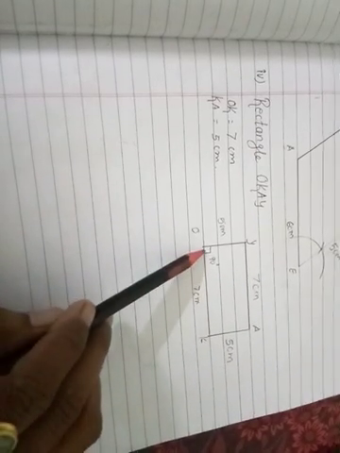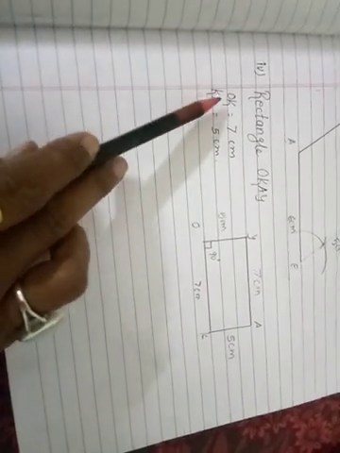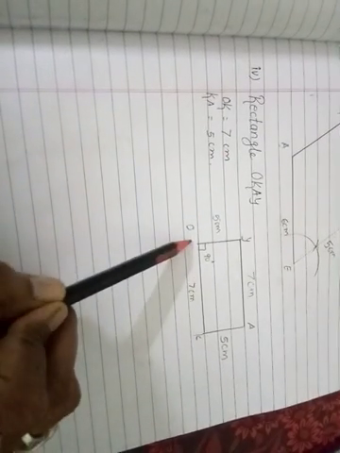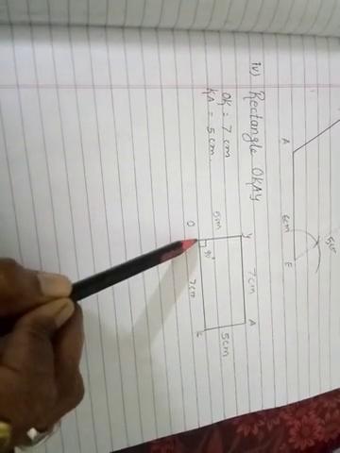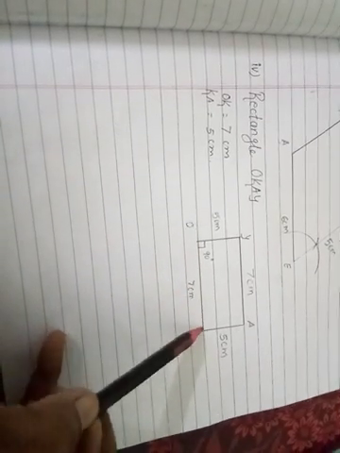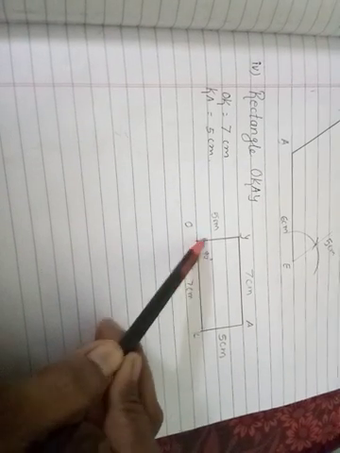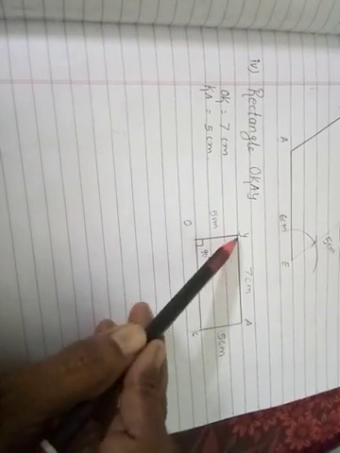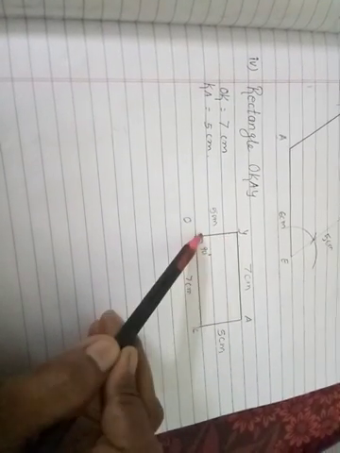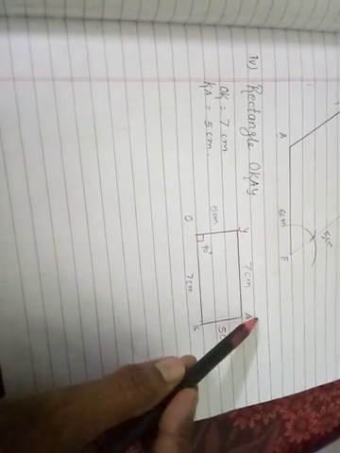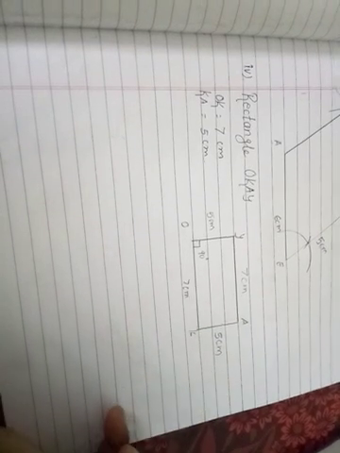So first we will draw the line segment OK of 7 centimeter. Then at O we will draw the 90 degree angle, and at K also we will draw 90 degree angle. Then we draw the arc of 5 centimeter on that particular ray, and here also 5 centimeter. So this way we can complete the construction.